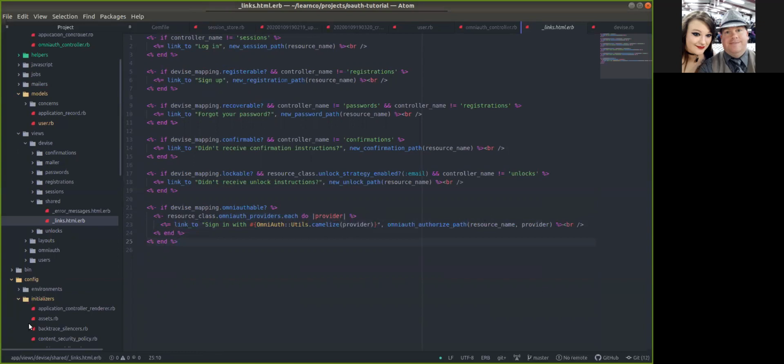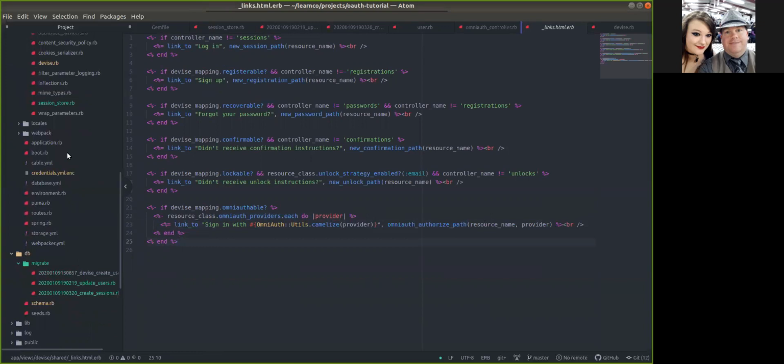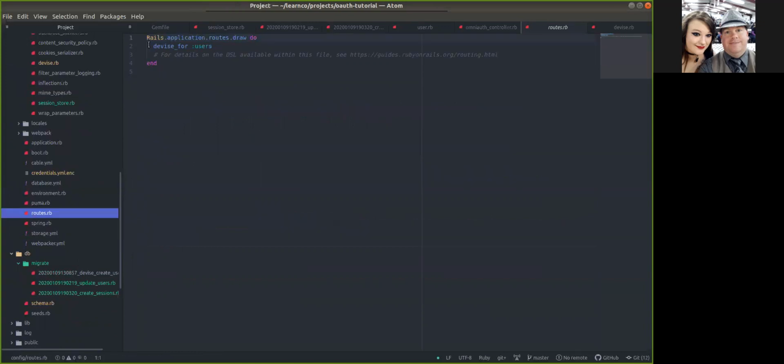So the last thing we're going to need to do is set up the routes. So find your routes under config. So you already have a Devise for users if you set up your users using generate and Devise. What we're going to do is specify for its controllers that we want Omniauth, the callbacks. Remember those callback links that we were using? So we want the Omniauth callbacks